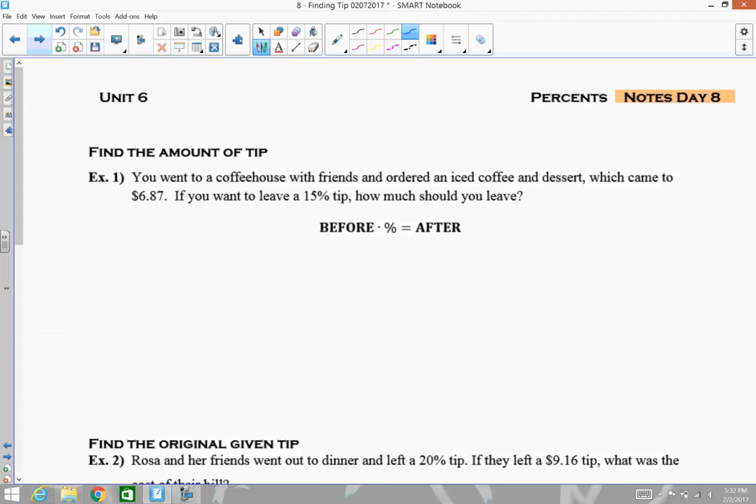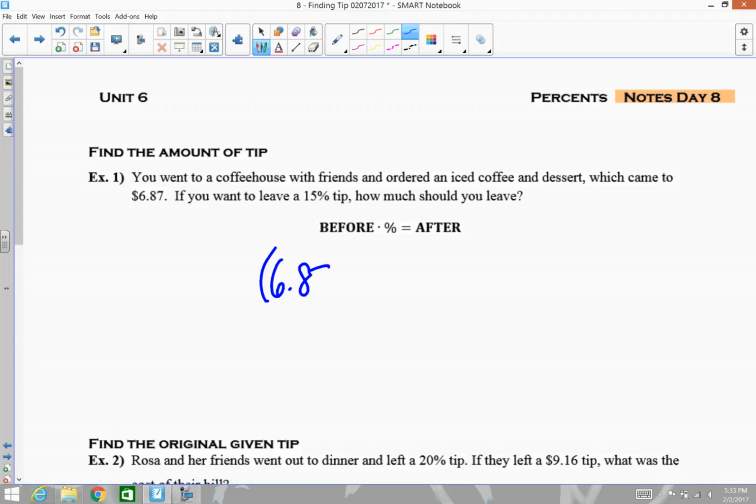This one says you went to a coffee house with friends and ordered an iced coffee. You ordered an iced coffee with friends and dessert, which came to $6.87. If you want to leave a 15% tip, how much should you leave? So the amount before anything additional